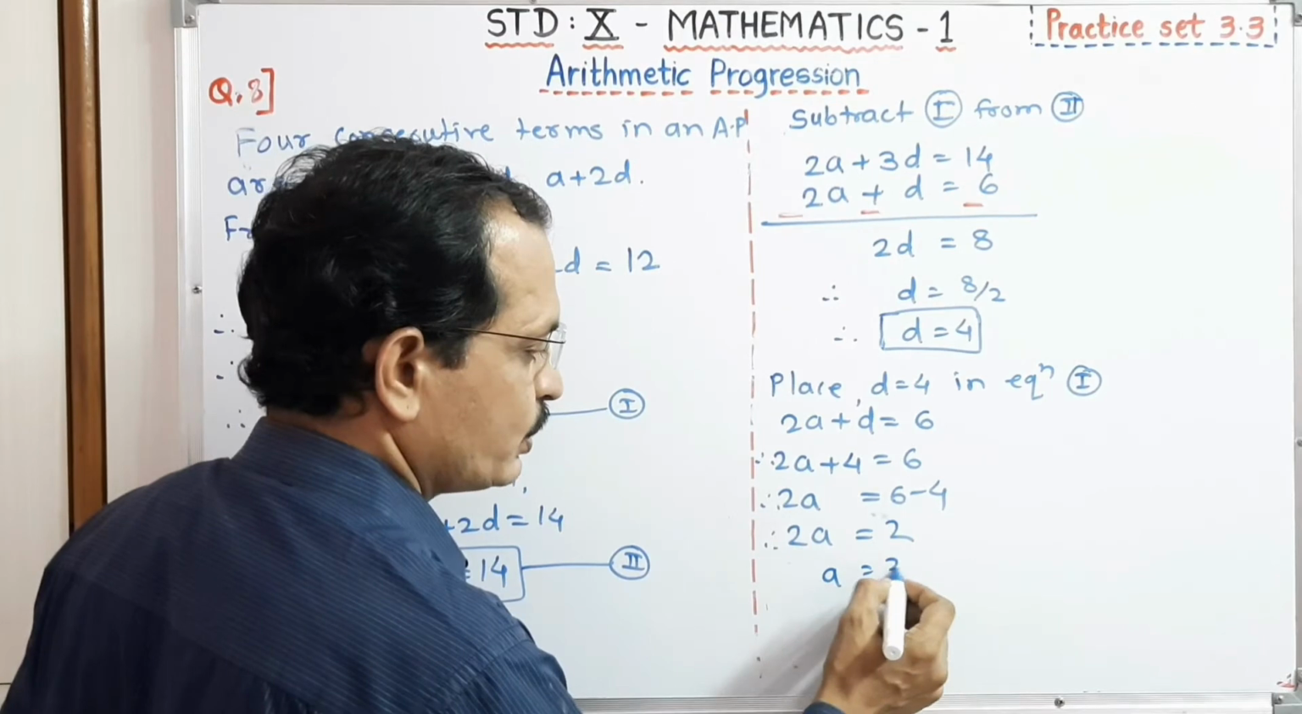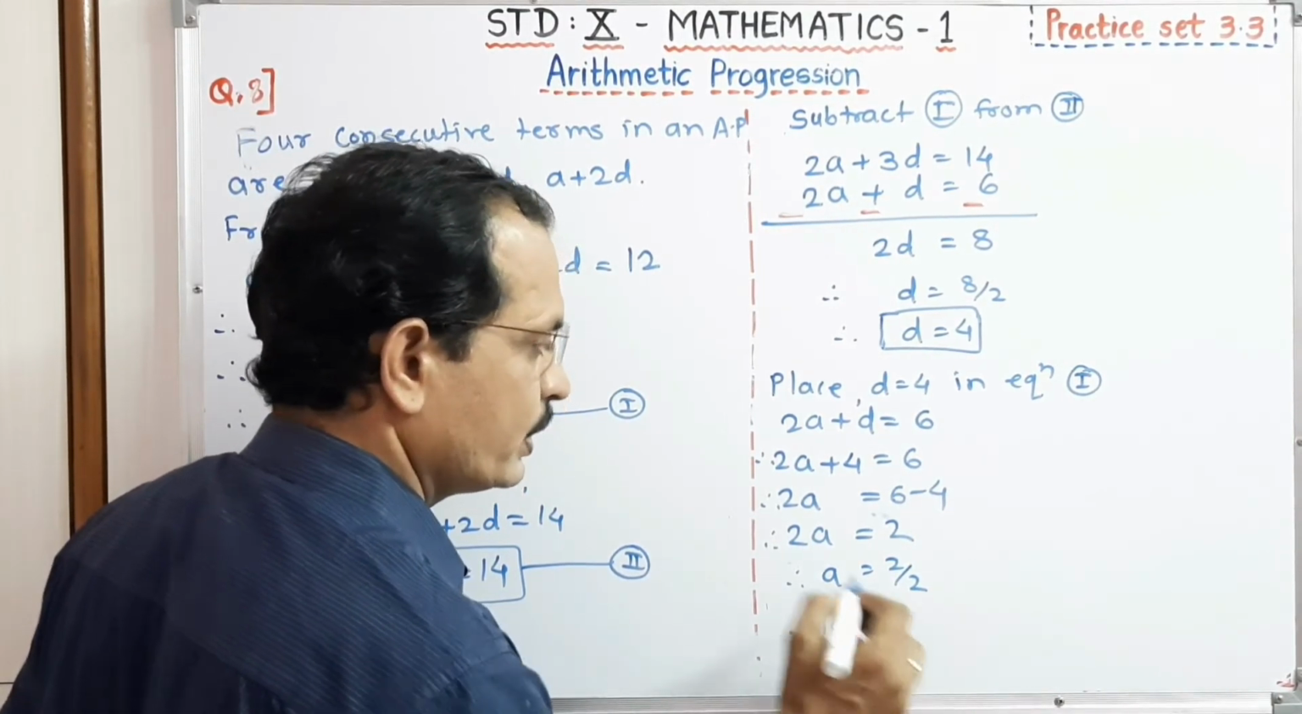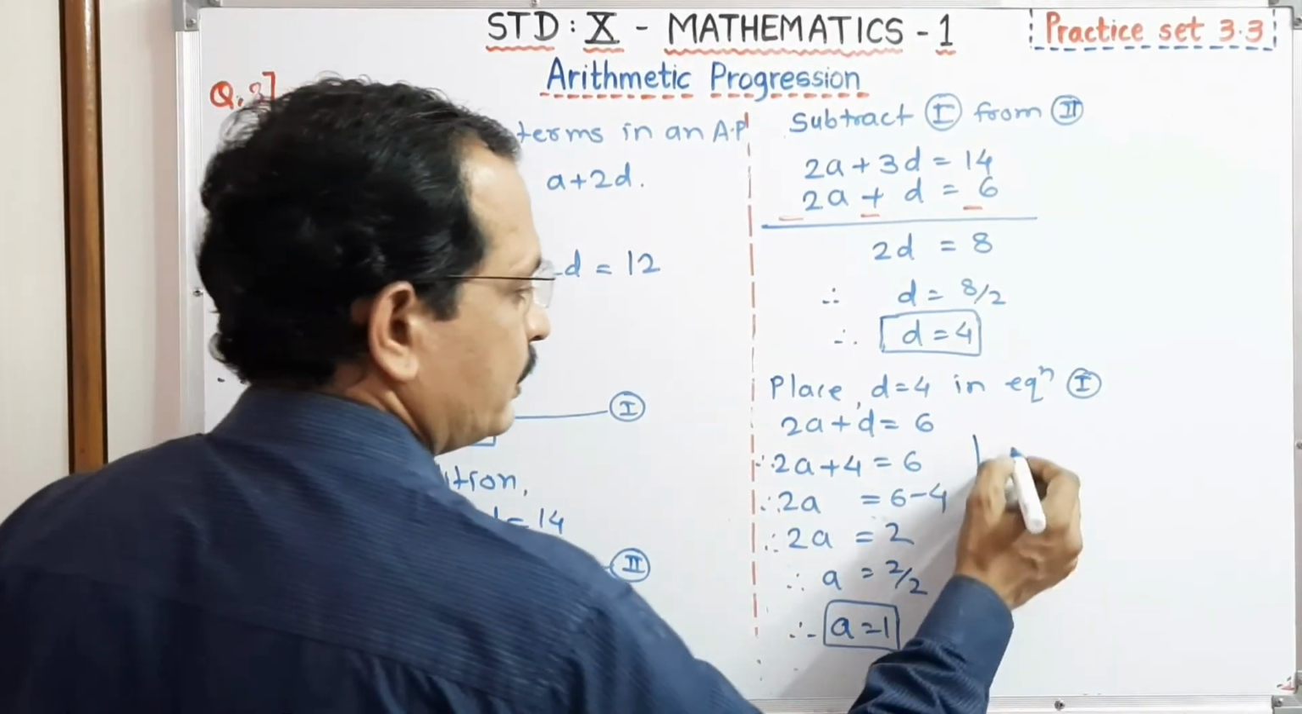And A is equal to 2 upon 2. Therefore, dear student, A is equal to 2. We got the values of A and D. Therefore the terms